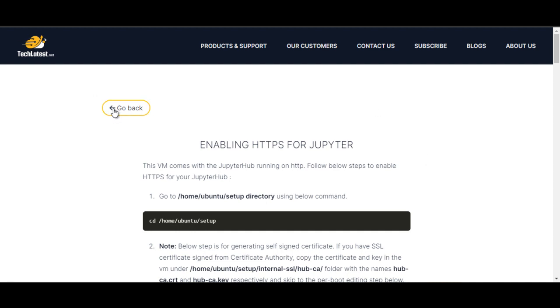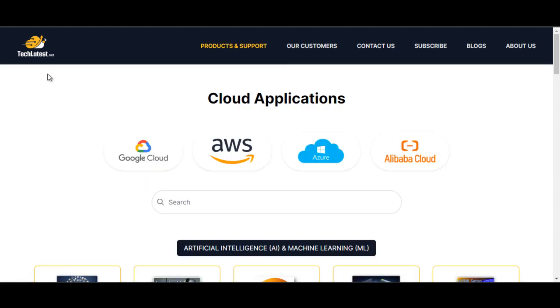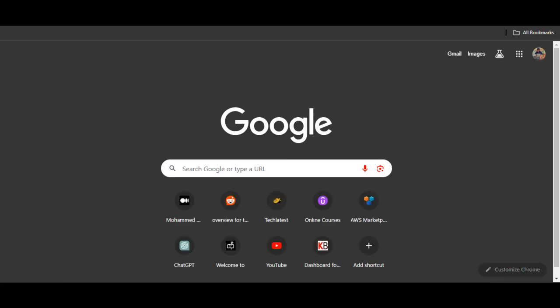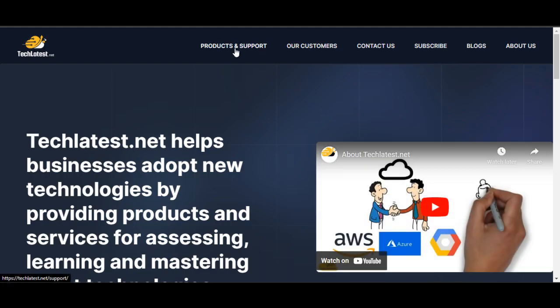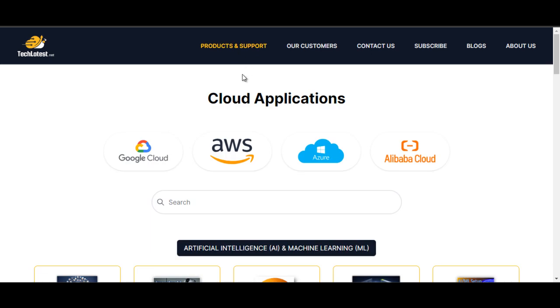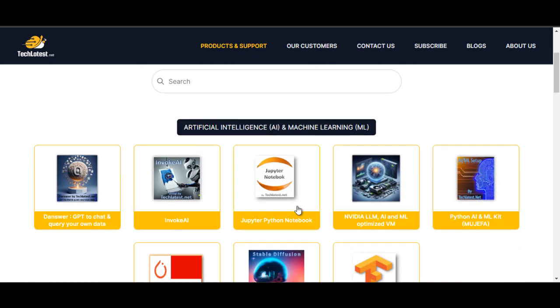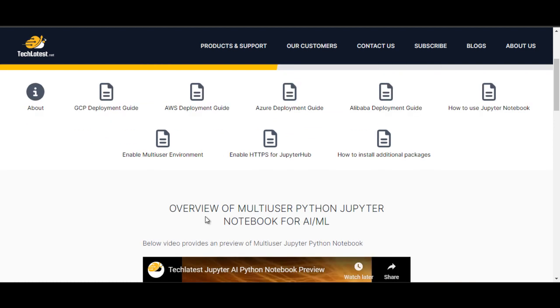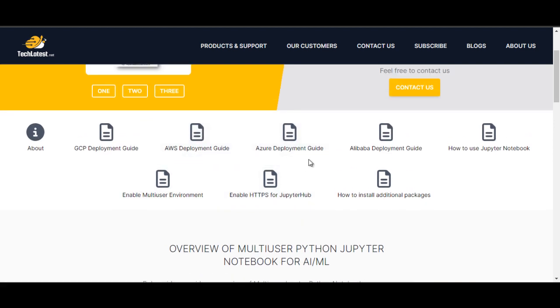You can also check out the techlattice.net website. Here you can find all the information about the guide. What we have to do is simply search for the techlattice.net website and click on the product and support option. After this, search for the Jupyter Python notebook product, and here you can find all the guides: GCP deployment guide, AWS deployment guide, Azure deployment guide, using Jupyter notebook, enabling the multi-user environment, and then enabling HTTPS for JupyterHub. Click on this,